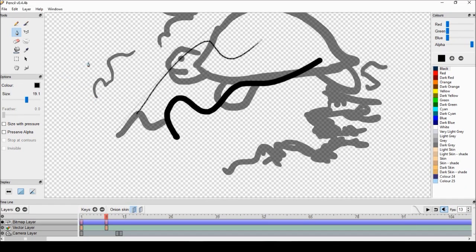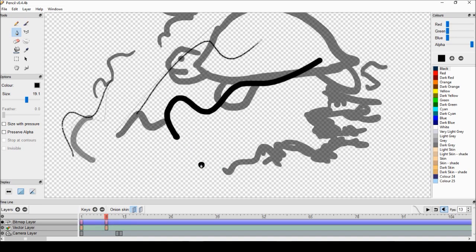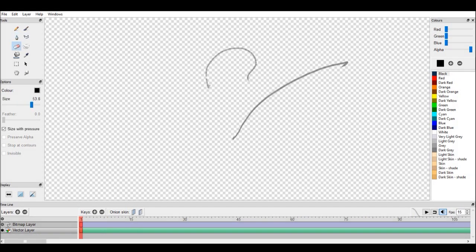So let's get started. On the left here you can see you've got a toolbox, and I'll go through the different tools one by one. The first one is the pencil tool, which only works on bitmap layers. If you use it on a vector layer you'll only get a path, which is not much use here. The next tool is the draw tool, which is pretty much the same thing as a pencil, except it works on both layers. Next is the eraser,